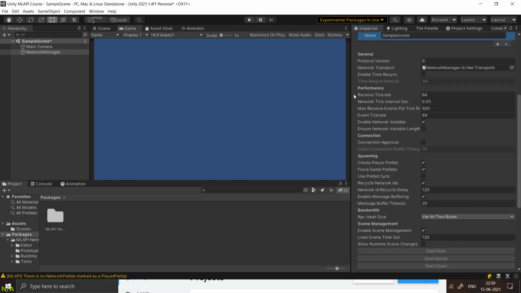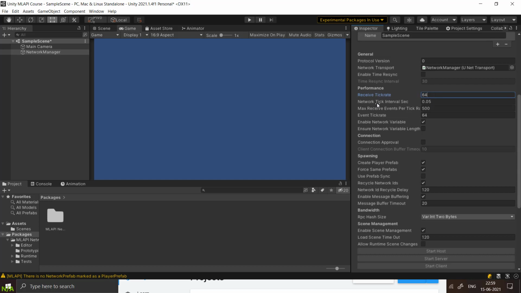Then the performance settings. These are the things that we will play with in the end to customize our jitter and lag. Receive tick rate is the rate at which we receive the message queue from the pending incoming messages. You can read it here. The default value is 64, but this can be set to 32 or 128, as I will show you at the end of the course when we customize our lag and jitter, because these are the properties that will be affected.